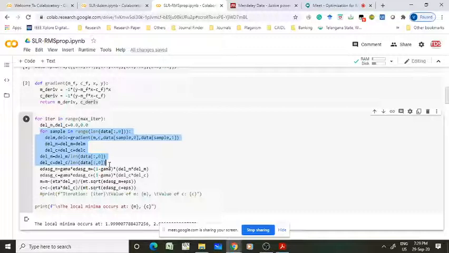Stochastic gradient. So children, see, I am taking the sample from the data set, calculating the gradient and adding. Batch gradient, yes, batch gradient, right? Finally I am dividing by ns, the number of samples. So it is the batch gradient. Once you have calculated the gradient, we have to calculate the exponential decaying average of squared gradient, that is EDASG underscore m equal to, do you remember the equation?